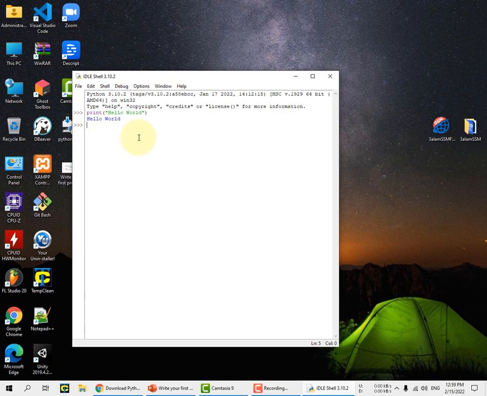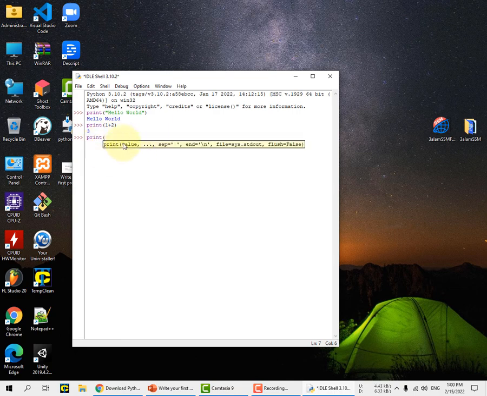We can type print and type 1 plus 2 and see it's easily calculated the result. This is for calculations in Python. It's so easy.